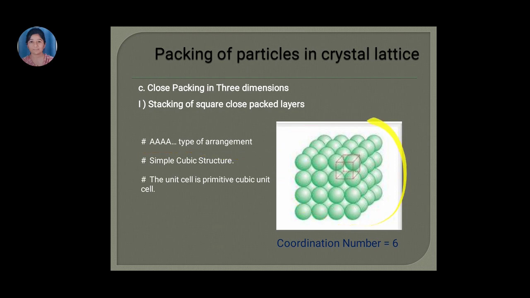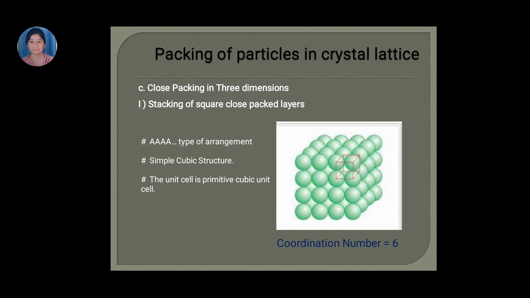And this kind of structure, if you look at it, is a simple cubic structure. The thing is, as the simple unit cells are getting joined or stacked, that is the reason we get a simple cubic structure. So whichever kind of unit cell is getting stacked, we will get the same kind of structure. Yes, this is the fact. The structure which we've got here is the simple cubic structure, and the unit cell over here is the primitive cubic unit cell that I have already told you. That is why we get a simple cubic structure.